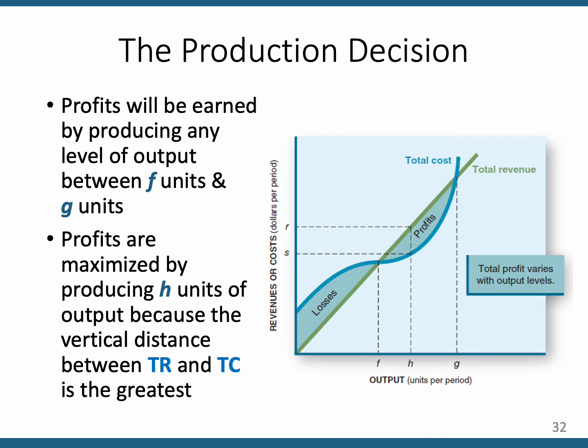And so there it is. Now there's 2 important intersection points. This would be point F and point G if you're looking at the x-axis. Point F and point G. To be profitable, you need for total revenue to be larger than total cost. Total cost is that blue S-shaped curve. Total revenue is the green straight line. You want for total revenue to be above total cost. Well, that only happens between F and G, right?